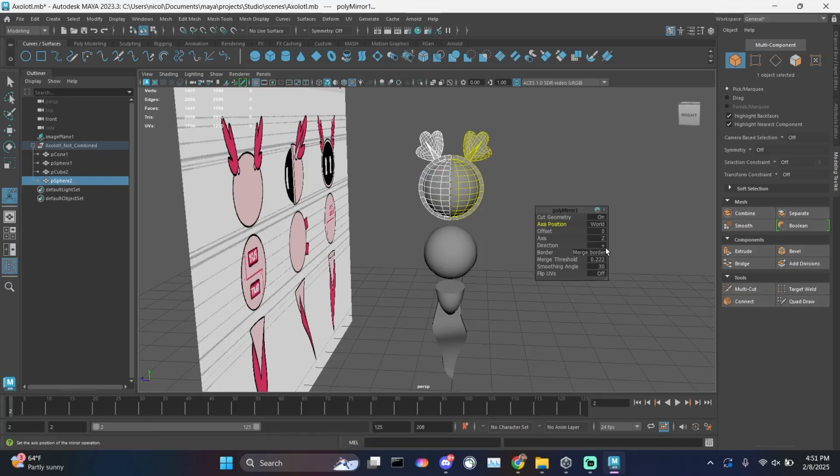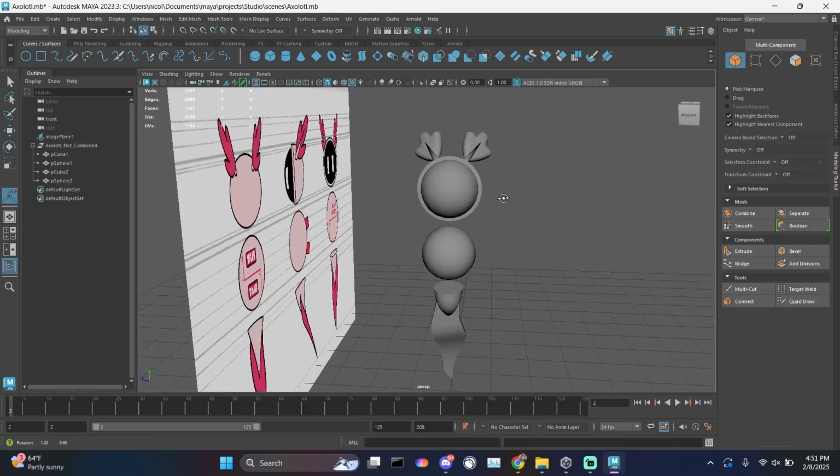And if you aren't careful, you can accidentally merge the lips to be basically zippered closed. So be careful when you're using this tool. You can mess up, but it is also an important tool to know. All right, so I'm going to now select all parts, drag select in object mode, all parts of the model